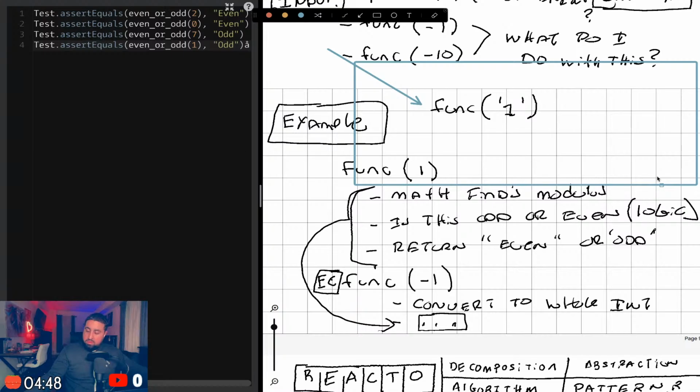I feel like that's the only case I have to go with because I don't know any more information about this until I run it, right? So I would return not a number, something along those lines.